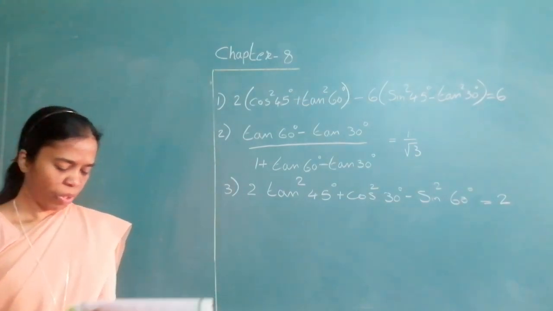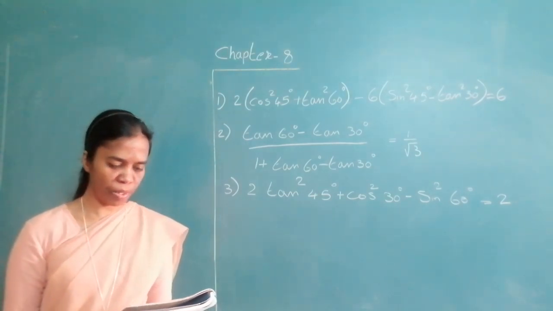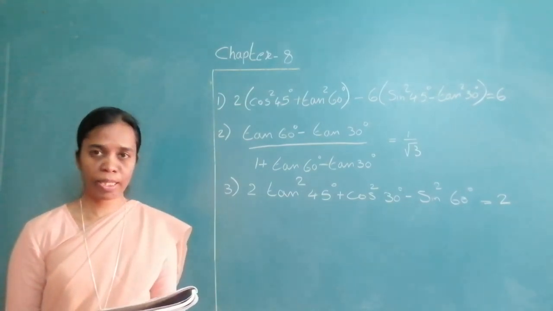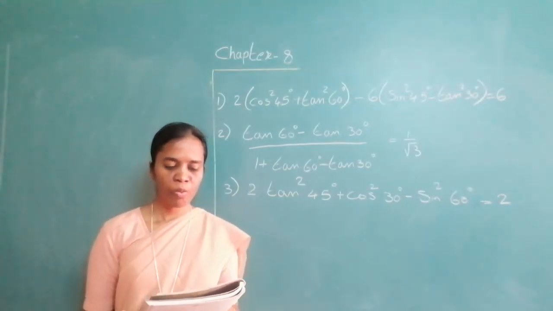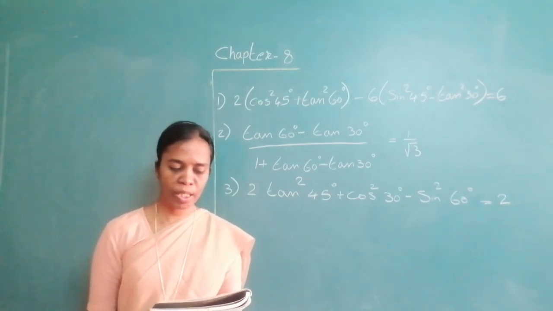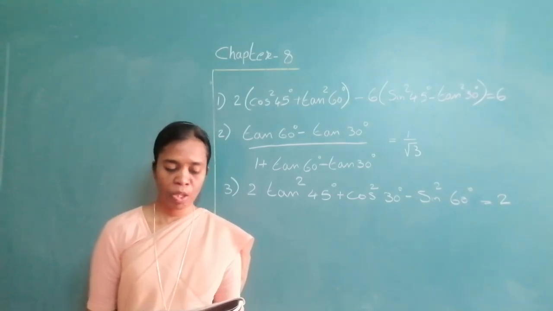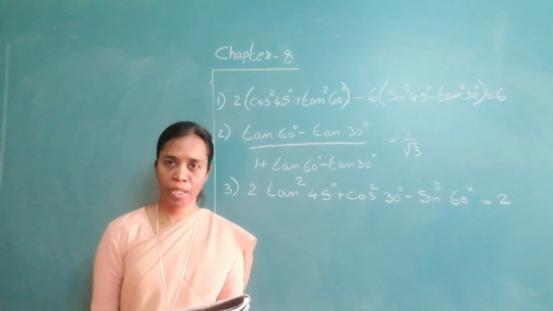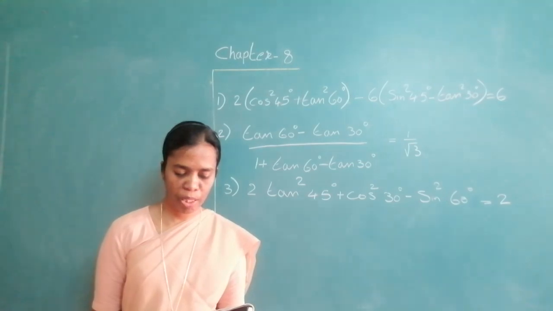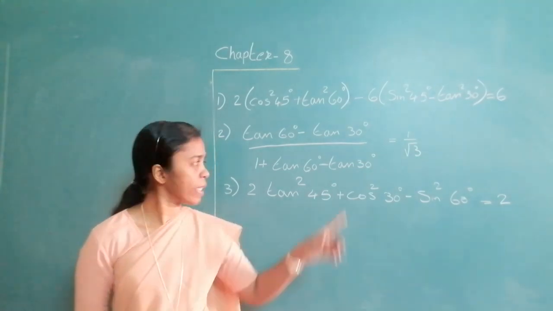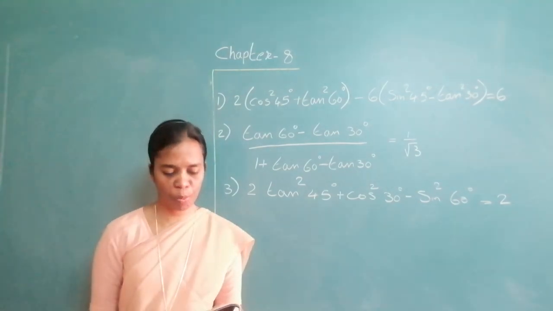Fine. Now, we will go quickly to problem set 8. Question number 1. Multiple choice. Which of the following statements is true? Sin theta is equal to, it is directly from the formula, you can use it. Second one, which of the following is the value of sin 90 degree? Take it from the table. Third one, 2 tan 45 plus cos 45 minus sin 45. You solve this along with this question, solve it in your notebook. Check the answer, check whether it is there in the given options.